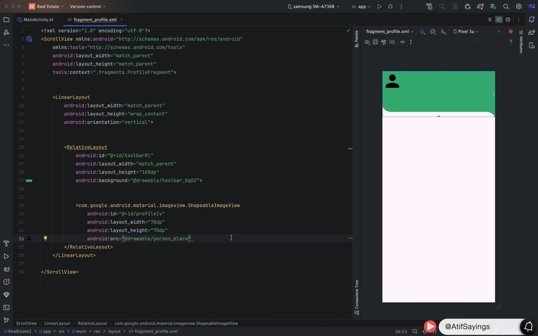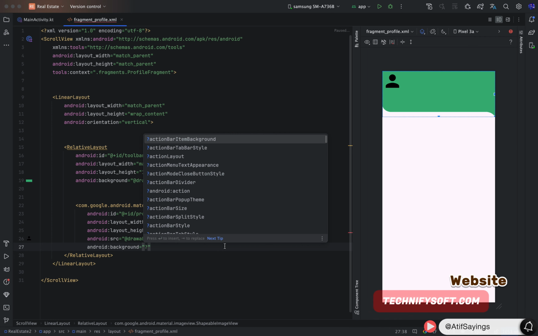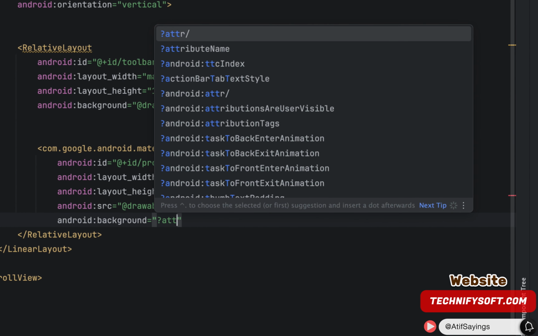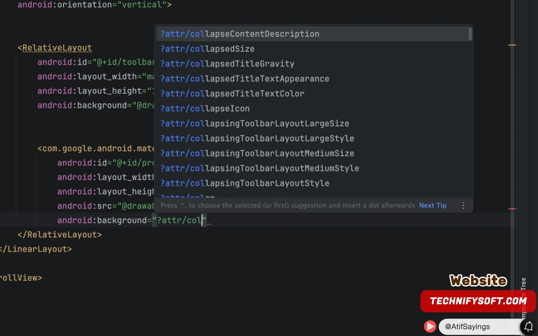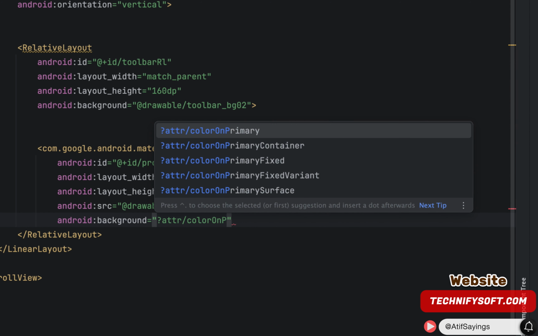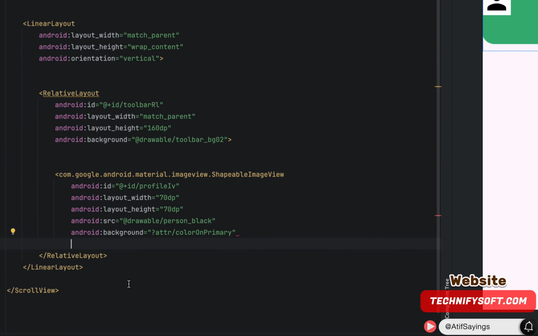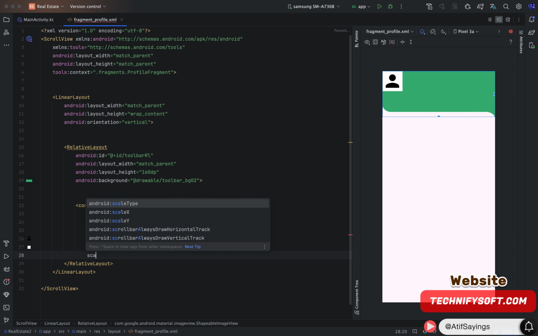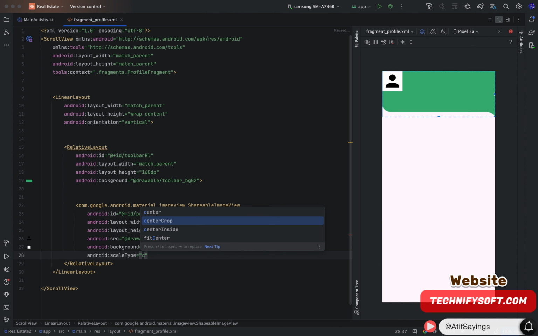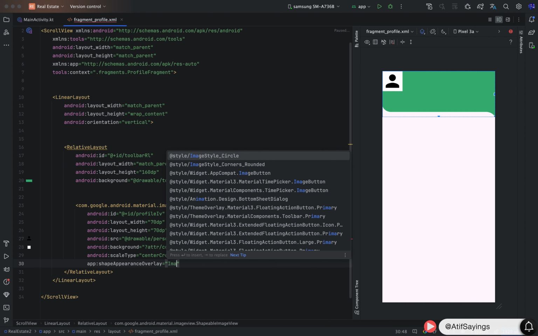After that, we will set a background color to this image view, and instead of specifying fixed color as a background, we will apply dynamic color using ?attr/colorOnPrimary. So background color of the image will be changed according to the selected theme of device. After that, we will apply a scale property to this image view, and property will be centerCrop. We also need to format the shape of image view to circle, and for that we will use the property shapeAppearanceOverlay,